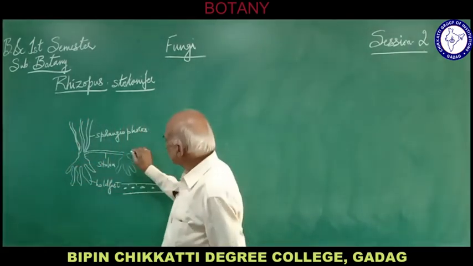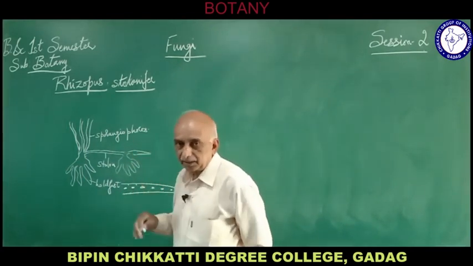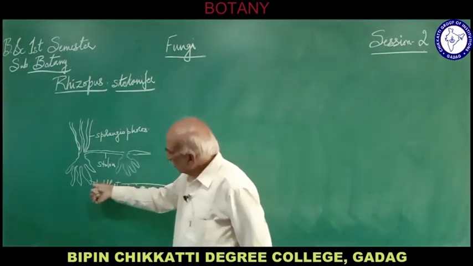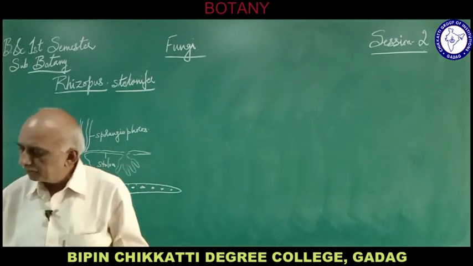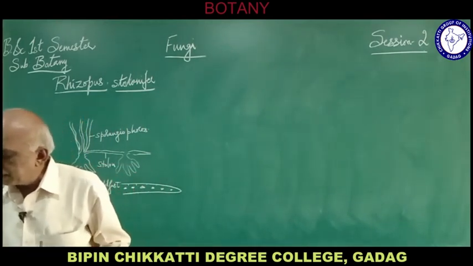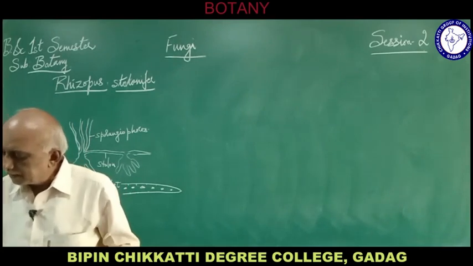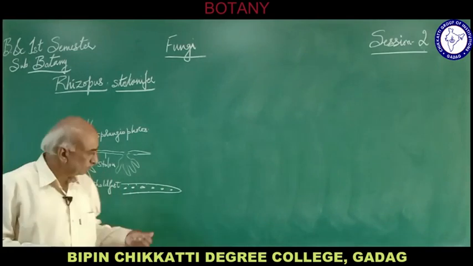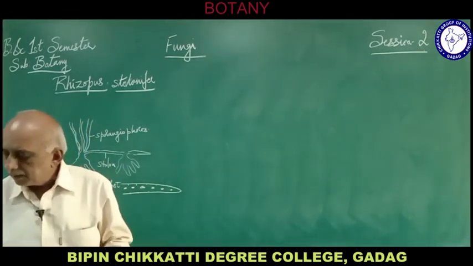Such stolons which we can see continue and increase the growth of Rhizopus. The holdfast has a grip on the substratum. That is about this hyphae, and nuclei are freely present in the hyphae, and the protoplast